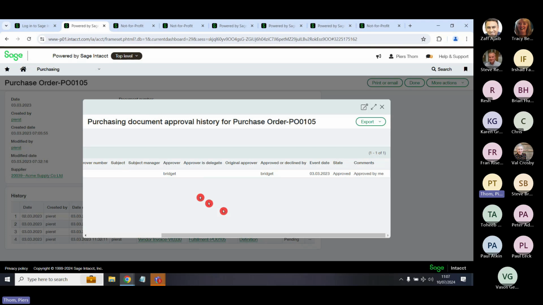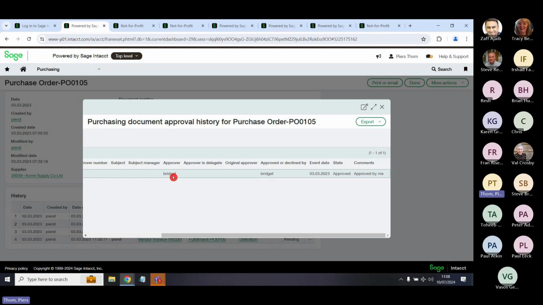So this particular transaction went to Bridget for her approval, and that's based on how I've defined my approval policies. So again, circling back to what we said, concept more than content. You might say, well, we never approve stationery if it's a £10 expense. That's fine. But we do need to approve stationery if it's £100. And we might approve that £100 stationery in a different way and in a different process using different people to